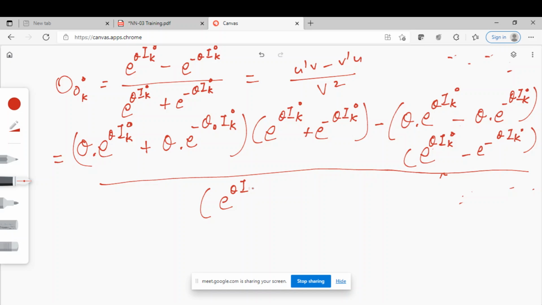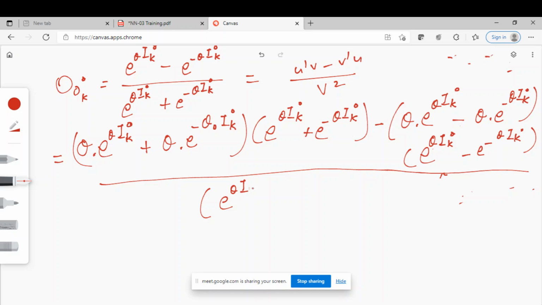Yeah, so the same thing is applicable here. This part is similar to x, so it is e power 2 theta I k0, plus this part into this. Now, what is e power x into e power minus x? If this is minus x, then e power 0 is nothing but 1. Anything to the power 0 is 1, right? So that's what will happen when you multiply this and this. The e power theta I0 k into e power minus theta I0 k will cancel out and become 1. So we'll have only the theta part.